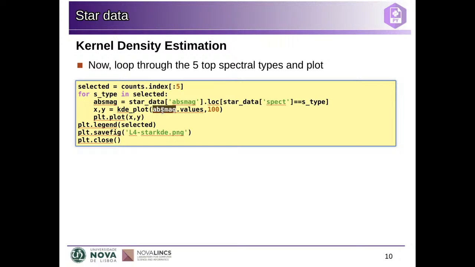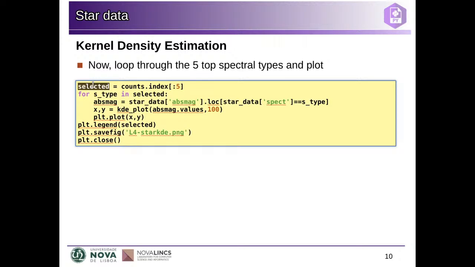And if you take a Pandas series and you use the values attribute, this returns a NumPy array with just the values in that series. So it ignores the index and just gives you the values, which is what we need for this particular case. And now we get the x and y values for the plot using 100 points on the x-axis. And now we plot this, and we can now create a legend using the different